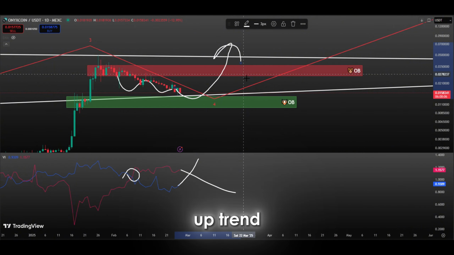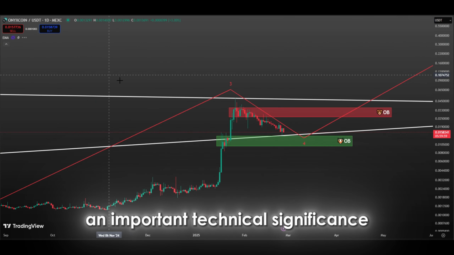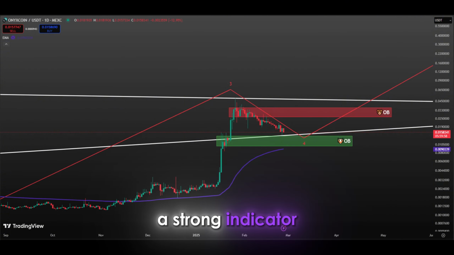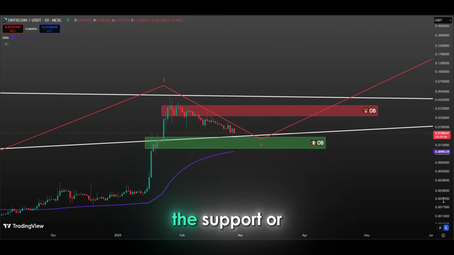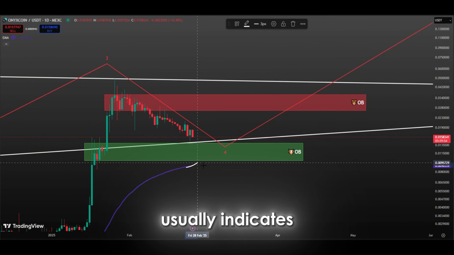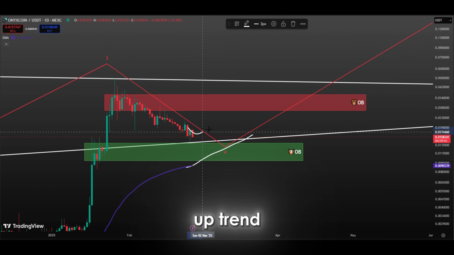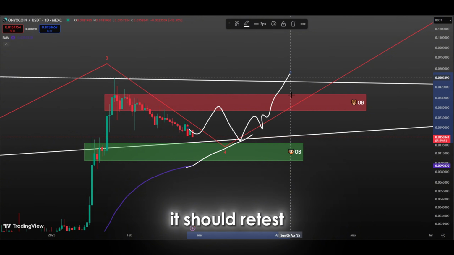and entering an uptrend. As the price is currently approaching the 200 EMA, this move has an important technical significance. The 200 EMA is considered a strong indicator of the long-term trend and is often used by traders to determine the support or resistance level. A break above the 200 EMA usually indicates the start of an uptrend in the market or a continuation of the current uptrend. However, a price moving towards the 200 EMA means that it should retest when it approaches this